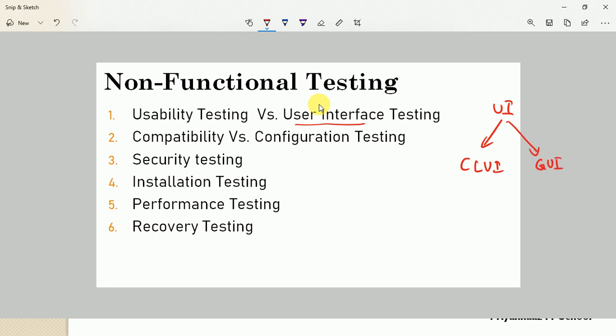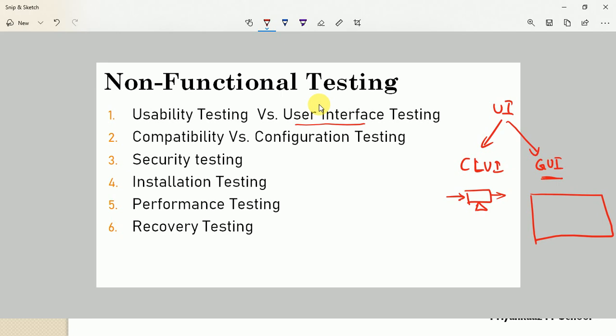So what is command line UI? Command line is all about commands only. We can pass a command to our computer system and the computer system will respond to that command. So through commands we can interact with the system. And second is the graphical user interface. Whenever we test an application, there should be a proper UI available, right?